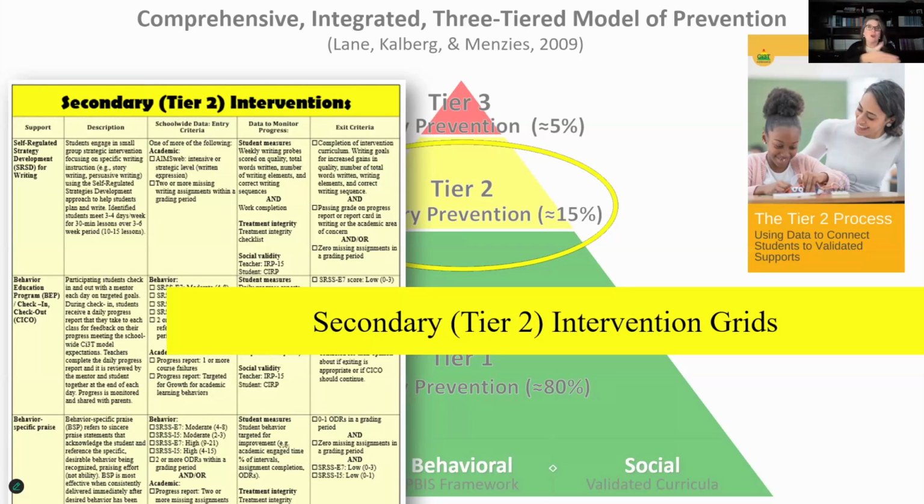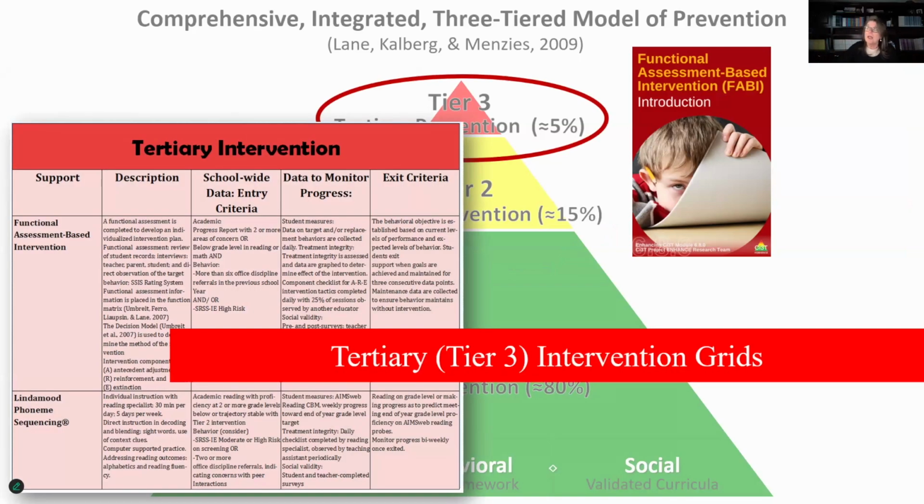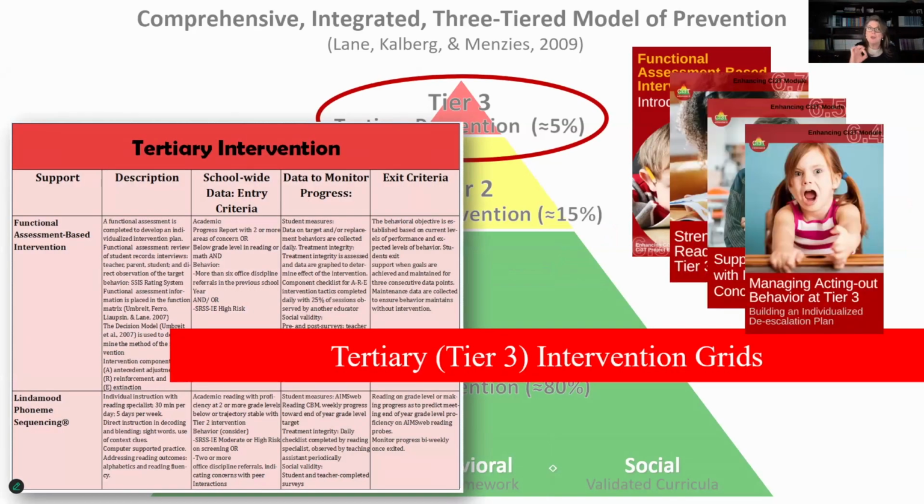And we want to make sure that we're all comfortable with that process of making sure that we know who needs tier 2 or who needs the most intensive level of support. And in this model, tier 2 is not the pre-referral intervention process. Tier 3 is not special education. This is for the entire community of learners.